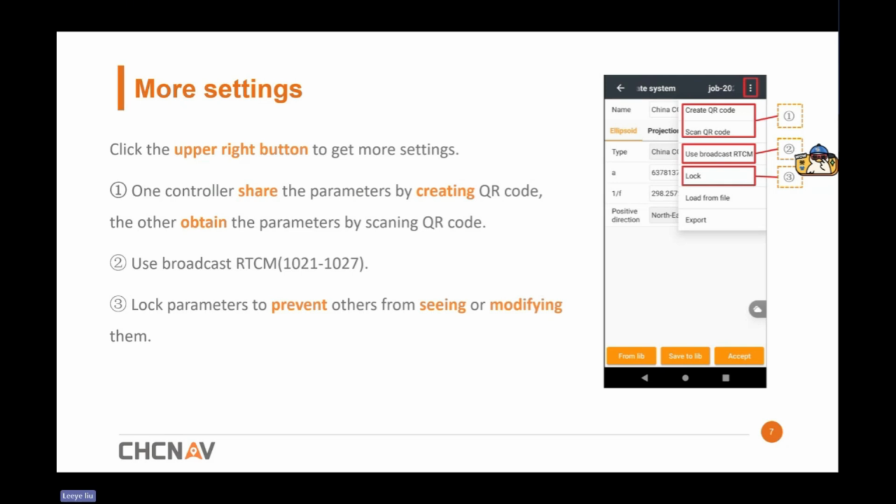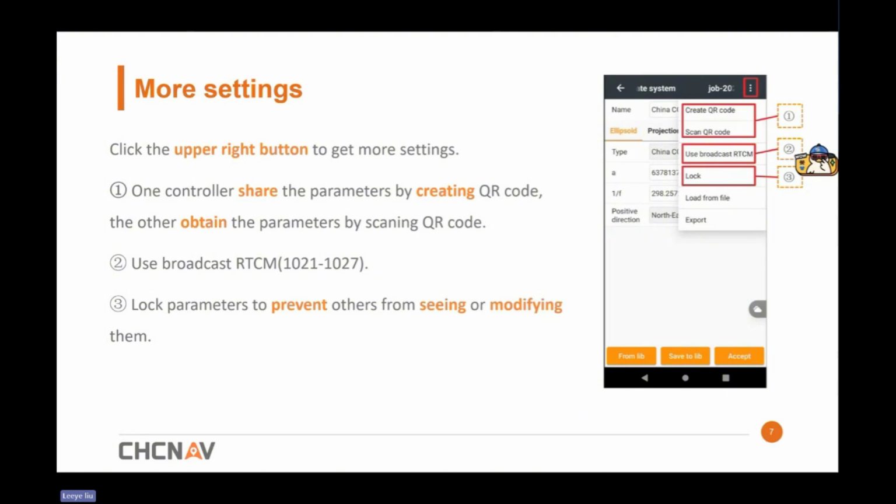This function is provided by the correction provider. Some correction providers will broadcast the messages 1021 to 1027, which mainly contain the coordinate system parameters. If our correction provider sends these messages, we don't need to set the coordinate system by ourselves. We can just choose this option to receive the message from the provider,